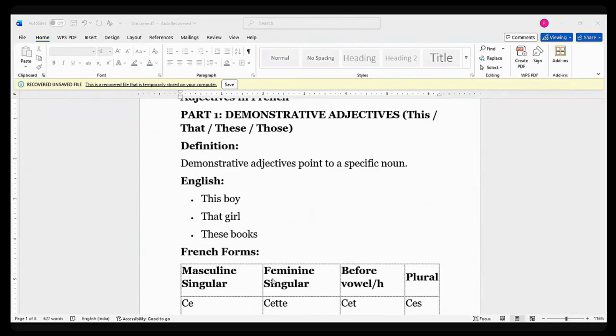For the masculine part, Suchit, we use CE. For feminine singular, we use CETTE. Before a vowel and H, we use CET. For plural things, we use CES. For examples,